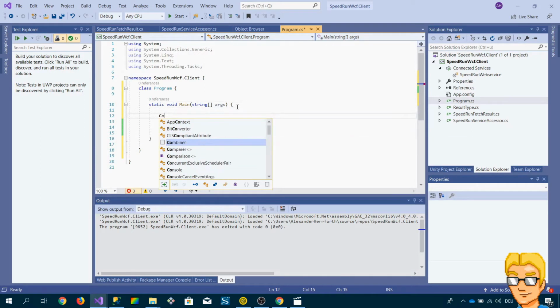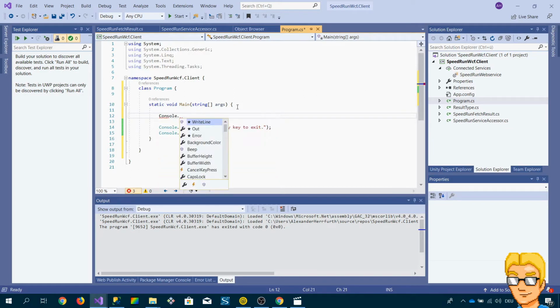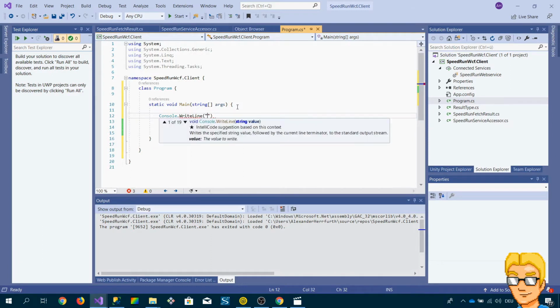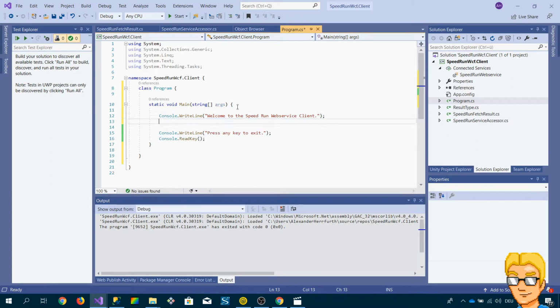Let's make the console say "Welcome to the speed run web service client," then write another line, something like this, then write an empty line,